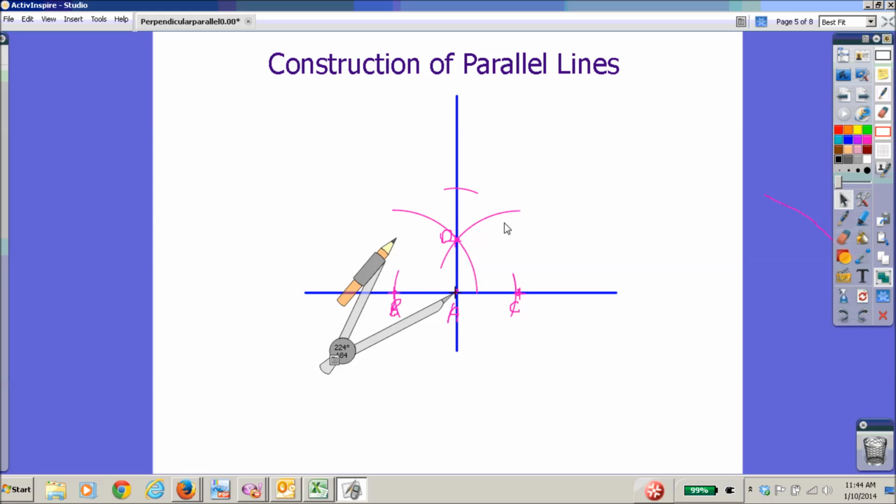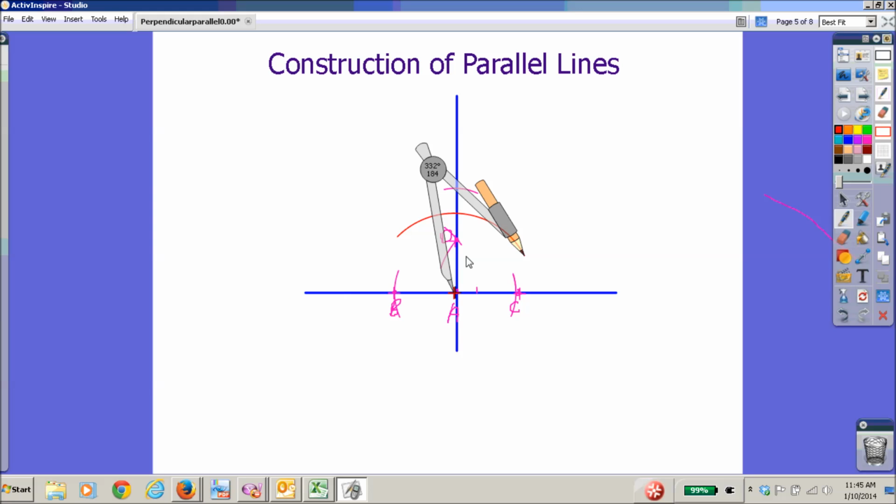I'm actually going to erase these arcs so that way... I'm not going to do that though. Oh, it's grouped together. So let's do this, because we don't need those. Alright, let's choose a different arc. So I'm going to arc here. Then I come here. And let's just arc this way. Alright, so now you can see